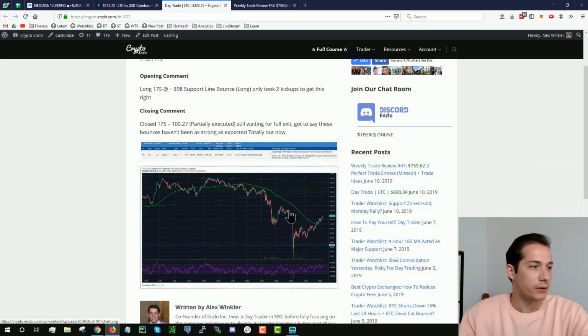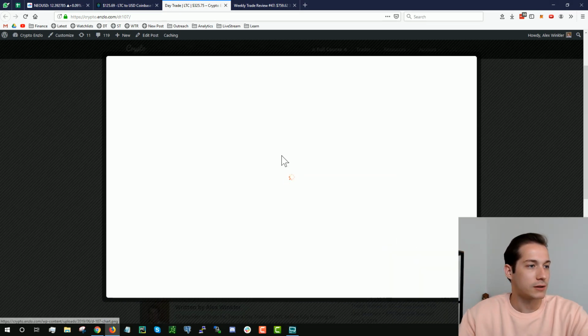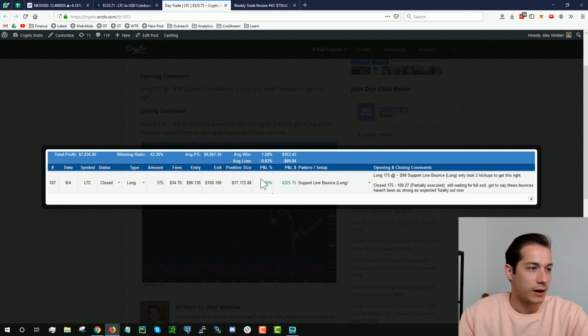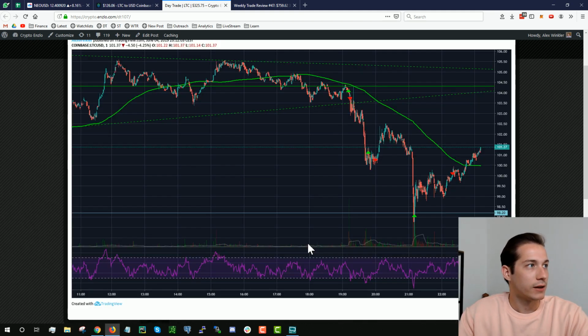This was a real support line bounce again. Actually, let's go ahead and review it here. And this was pretty clean. So this was a 2%, again, P&L 2.10, $325 profit, massive fees like always, but a bit bigger of a position size. And let's go over here. You can see we just kind of came crashing down. Here was the first one that we missed. Here was the second one that we missed, although this was going to be kind of a scratch anyway,